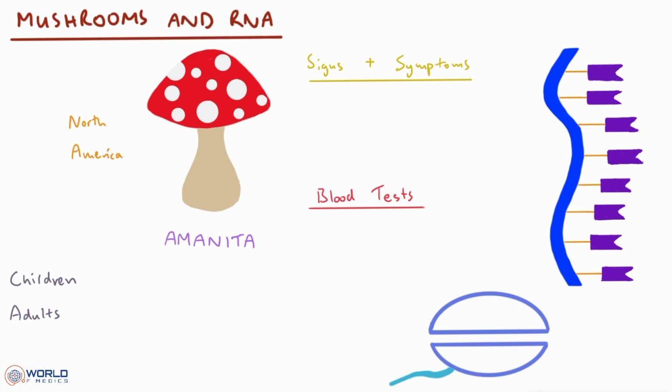So how do mushrooms kill humans? And how is RNA related to this? Well, there's a specific species of mushrooms called the Amanita species of mushrooms, usually found in areas of North America. And this species of mushrooms produces a toxin known as alpha-amanitin toxin. That's alpha-amanitin toxin. And what this toxin does is that it affects the function of a molecule called RNA polymerase